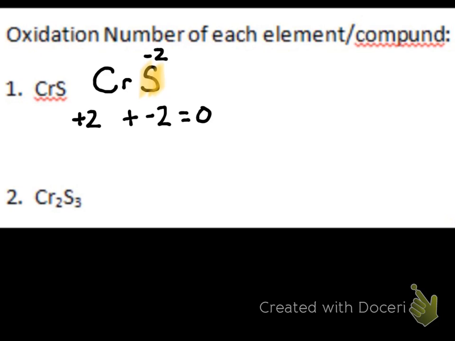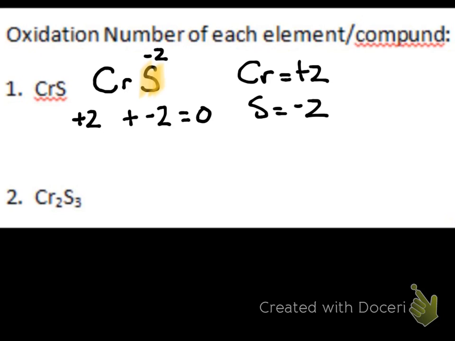So the oxidation number for each element: chromium is a +2, and sulfur is a -2. Now, since chromium is a transition metal,